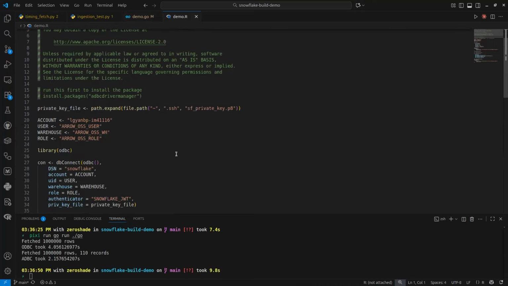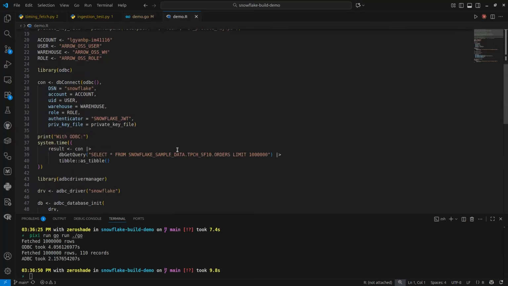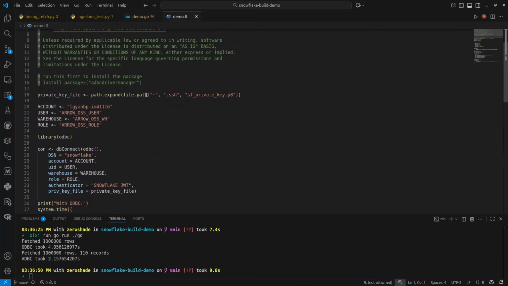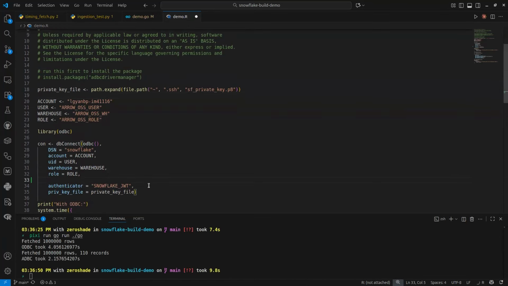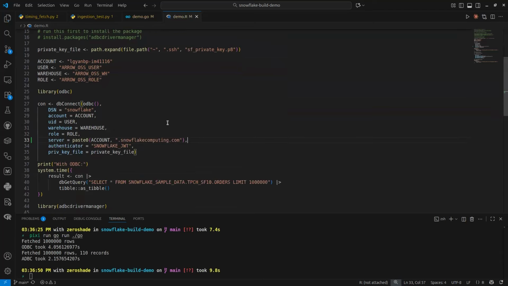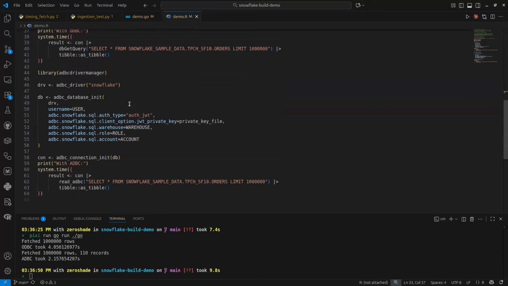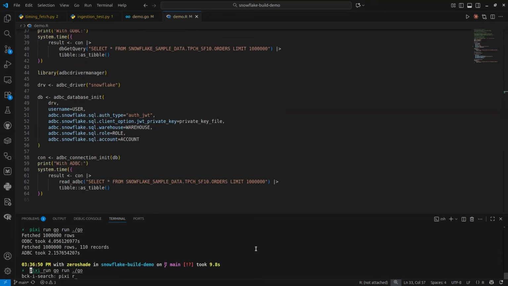Last demo of the same thing. This time we're going to use the R language. Now, first you have to make sure you run the install.packages files, but we do that. And you can see the options are all the same. Of course, we need to do the same server. And finally, we can then run R and see the same result of,